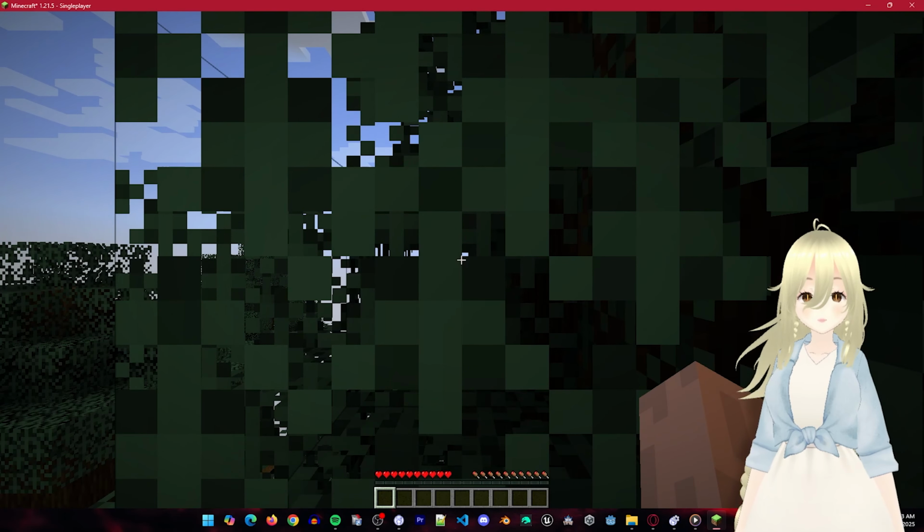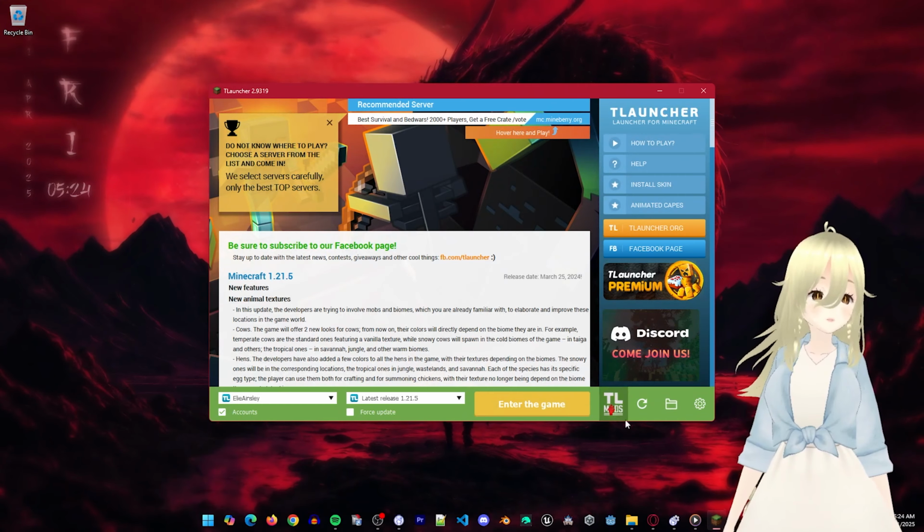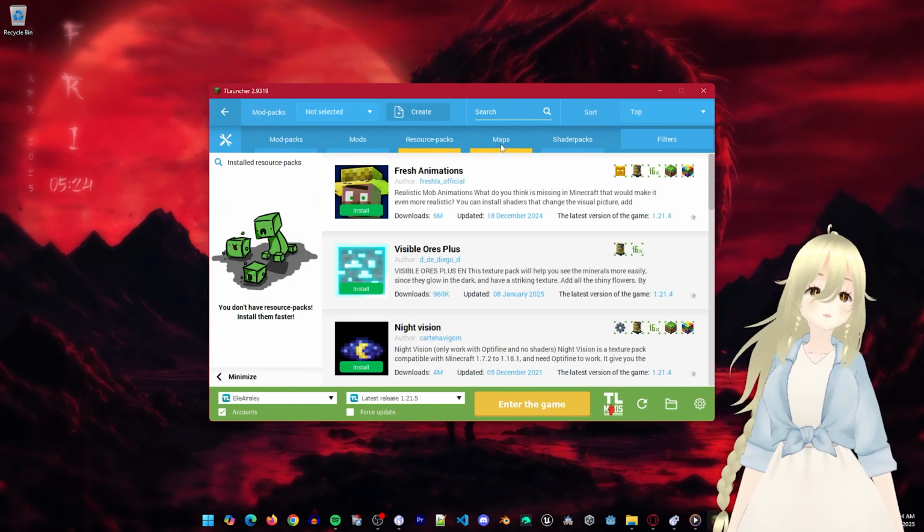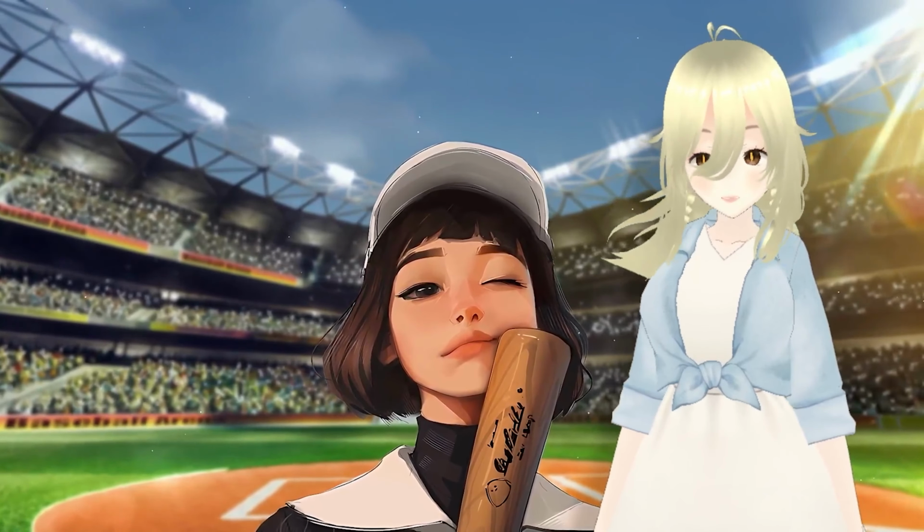Now, if you want to add mods or maps or shaders, just go back to the launcher and press on the TL Mods button down on the right corner, and you can see mod packs, mods, resource packs, shaders, and so on. You can explore and enjoy